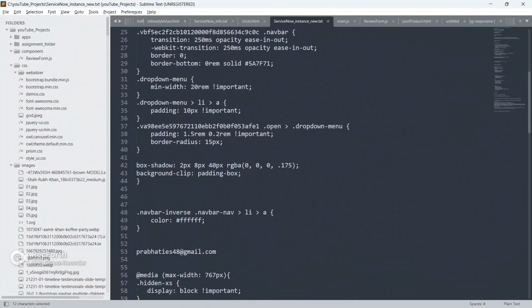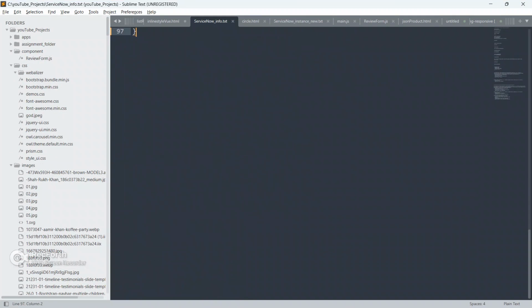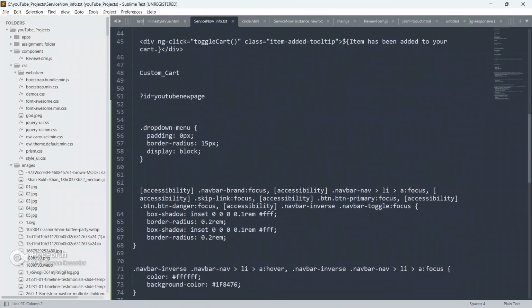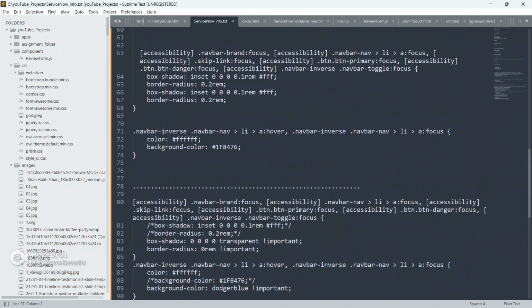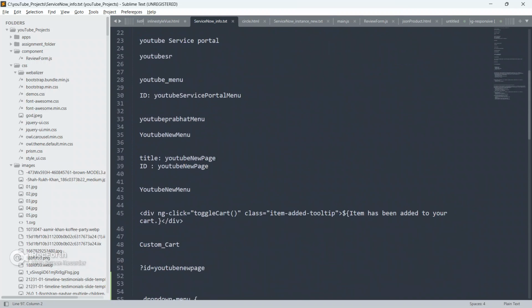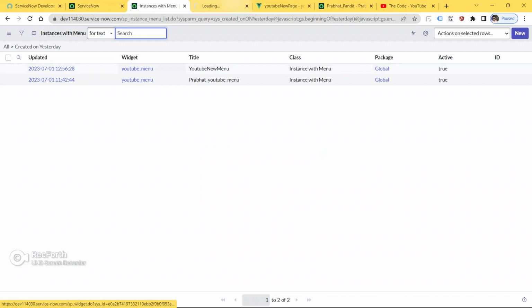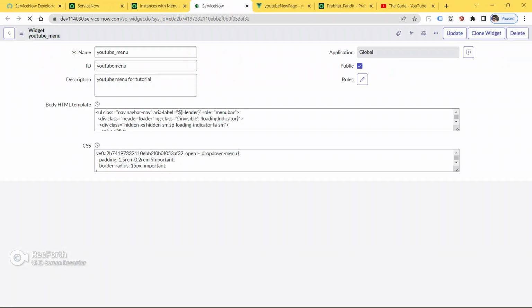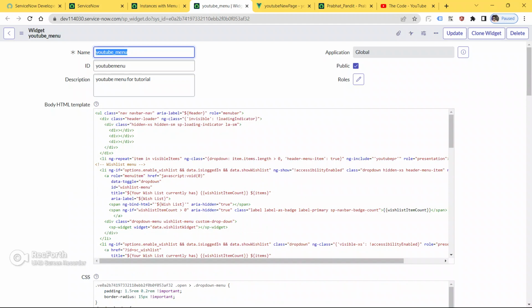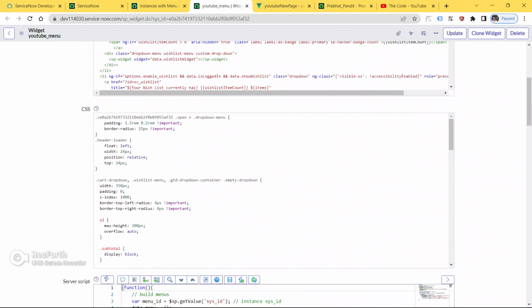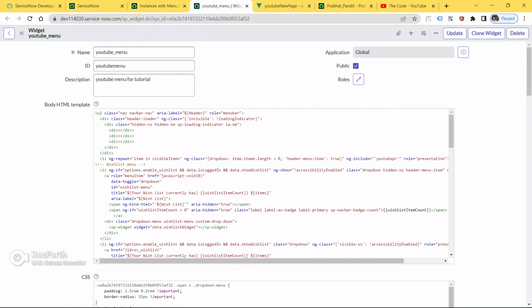Let me show you also. I have already copied it here. This is the YouTube menu, guys, which we are currently working on in the tutorial. Let me click this YouTube menu and come here, and let me click the page.